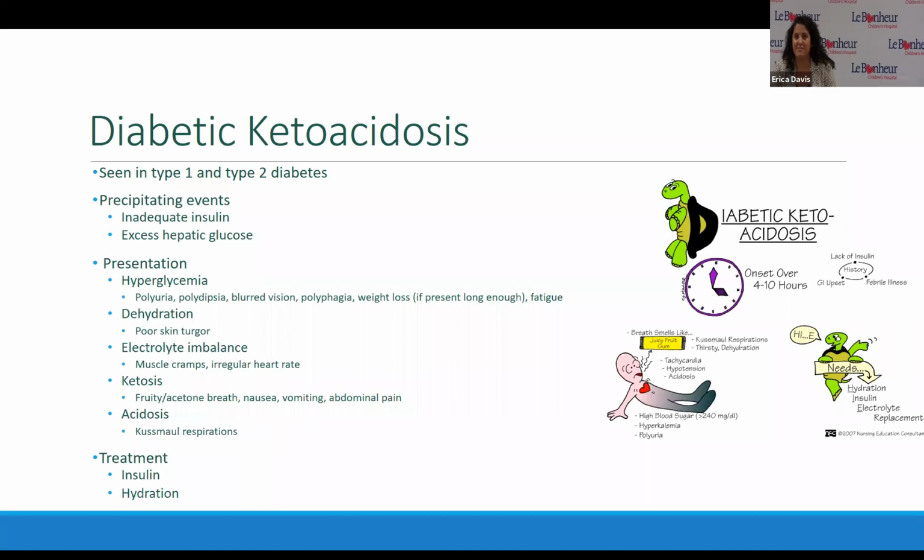So to treat diabetic ketoacidosis, we want to do a couple of different things, and those things serve completely different purposes. So we don't want to choose one over the other. We want to do both. So insulin is my first step. I want to treat those high blood sugars. What that's going to allow the body to do is pull the sugar into the cells to be used for energy, which is going to lead to the body no longer breaking down fat. So that's helping us to stop ketone production. The hydration is going to serve a completely different purpose. It is going to help us to flush out what has already formed. So we want both of those things.